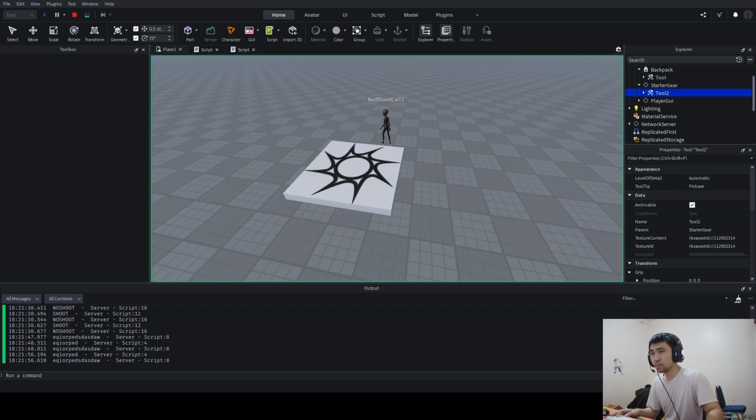So once I reset my character, I'm now going to have two tools down here as a starter rather than one, because tool 2 was very specifically put inside of my player's starter gear. So now whenever I reset my character, I'm not only going to start off with tool 1, but also tool 2. And if I go back into the server and quickly delete starter gear,